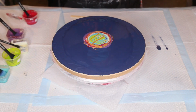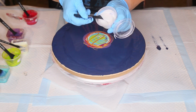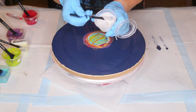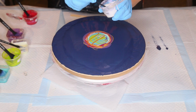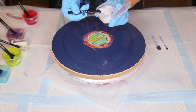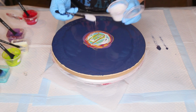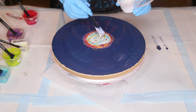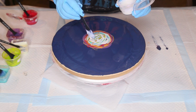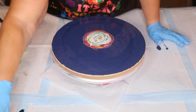Then we have Violet Fine Interference. This is so beautiful. I'm not sure if the camera picks up that, but let's see what happens. I think I'm going to use Black Cell Activator tonight. I'm not sure how good that will be with the...